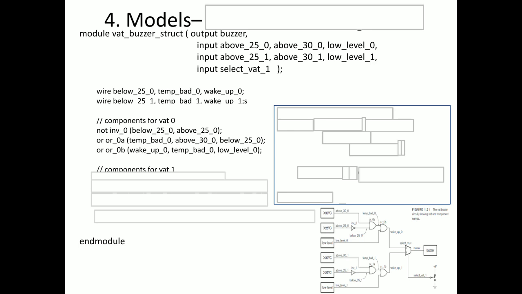To identify that we need to comment it out. We are describing the VAT1 components. What was there? The same NOT gate, OR gate, OR gate, but how do we identify them by proper names? How to define them? First, we need to give the names. The logic gate name was NOT gate. Next, the name, inverter 1. See, inverter 0 will be for VAT0, inverter 1 will be for VAT1. It is easier to identify the inverter, right? Yes, we need to name them also.